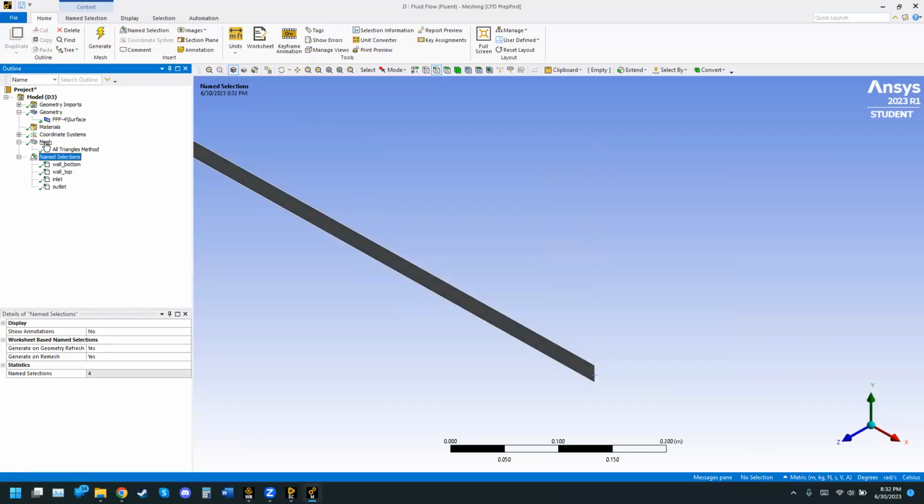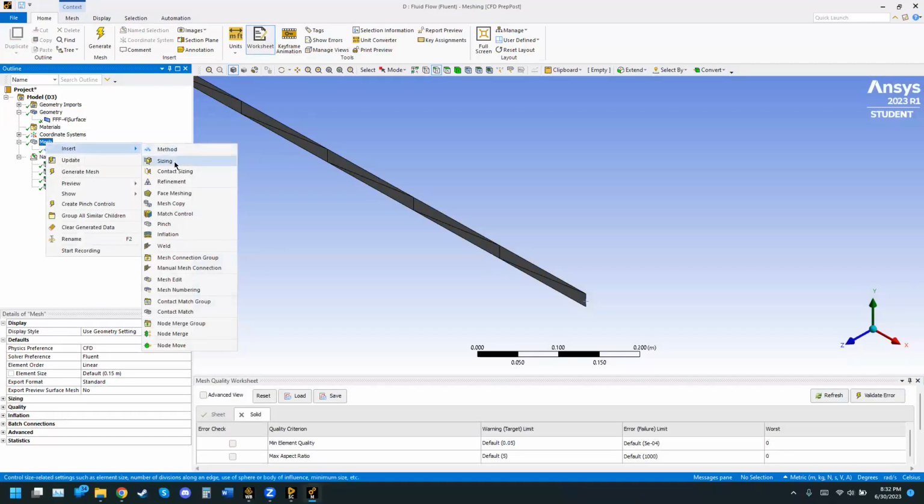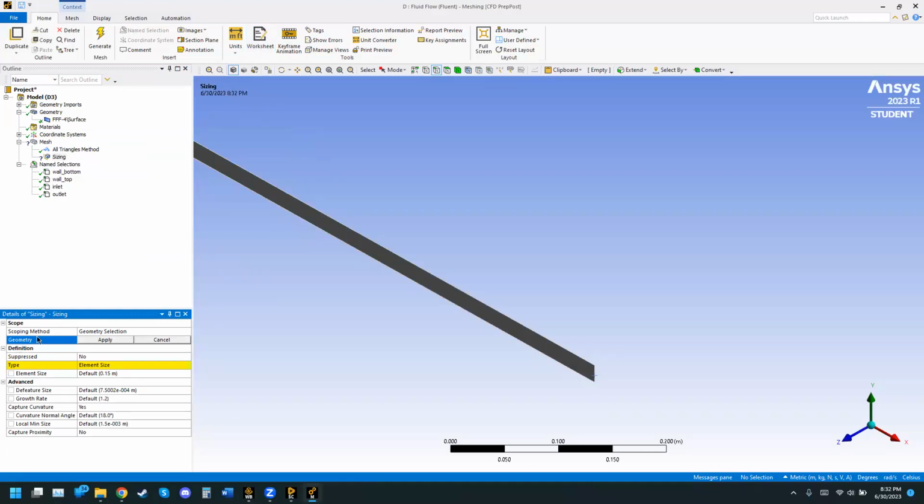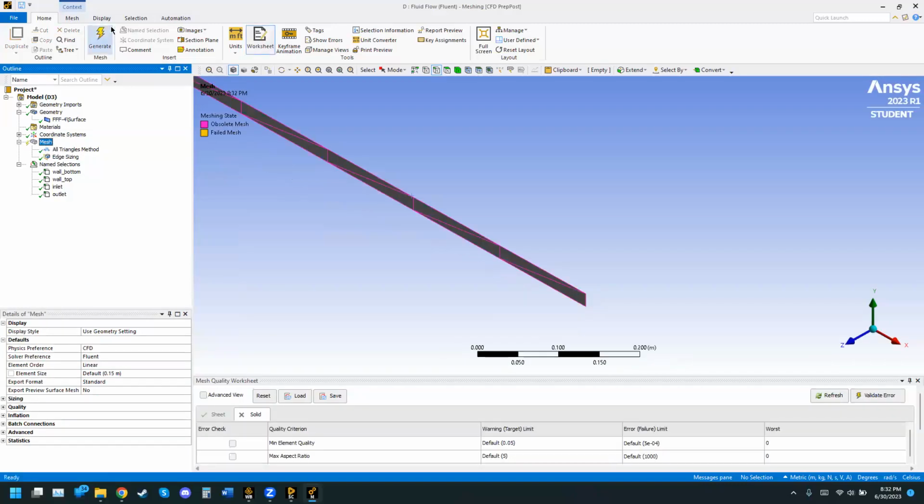All right. Then we're going to go back to mesh. We're going to go to insert and click on sizing. So for geometry, we're going to click on the lower wall and the upper wall. And element size, we're going to put at 0.001 for millimeters. And my geometry didn't save, so we're going to go back and do that again. We're going to click on the bottom, click on the top, and then click apply. And then element size, like I said, is going to be 1 millimeter. Yep. And then we're going to go back to mesh